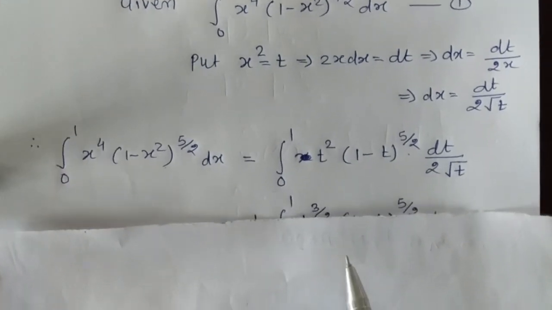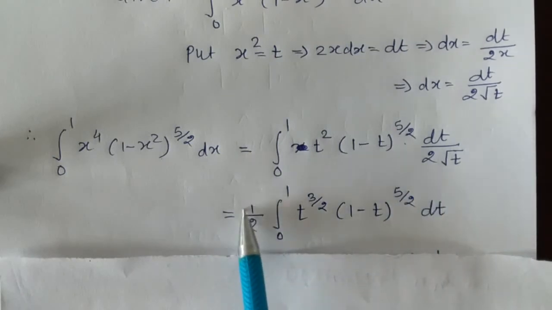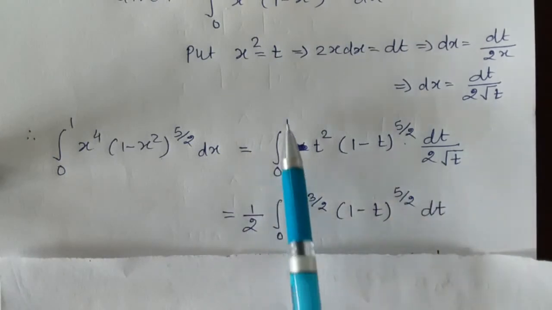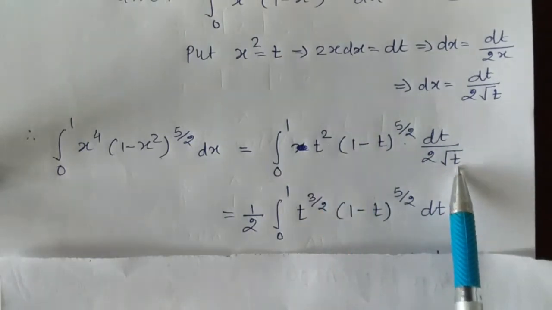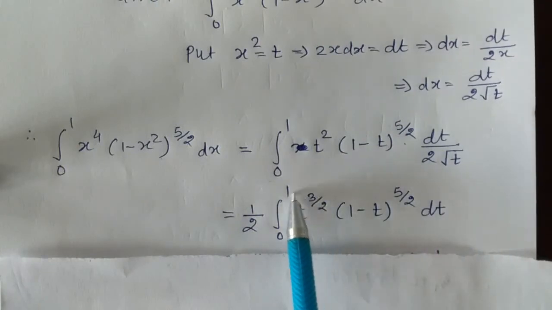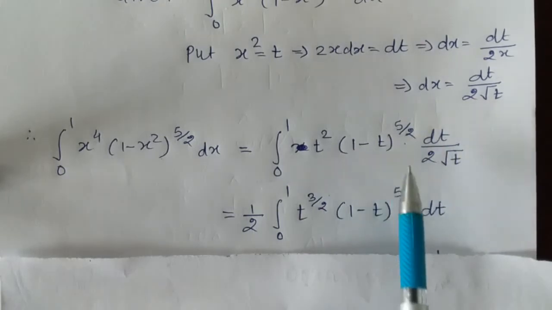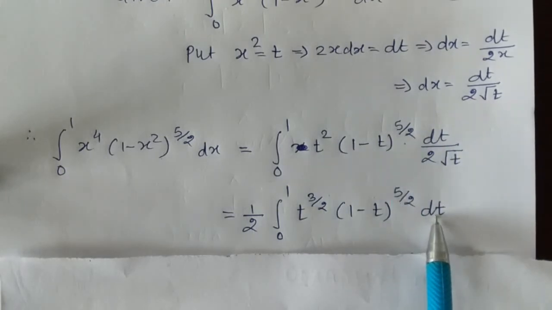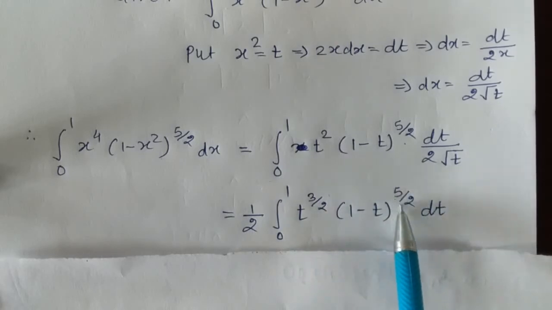Therefore we have 1 by 2, a constant, so we write it outside the integral. Limit of integration is 0 to 1, t square by t power half, root t is t power half, so t square by t power half is t power 3 by 2 into (1 minus t) whole power 5 by 2 dt. Now 3 by 2 is what? 5 by 2 minus 1, and 5 by 2 is what? 7 by 2 minus 1. So we write